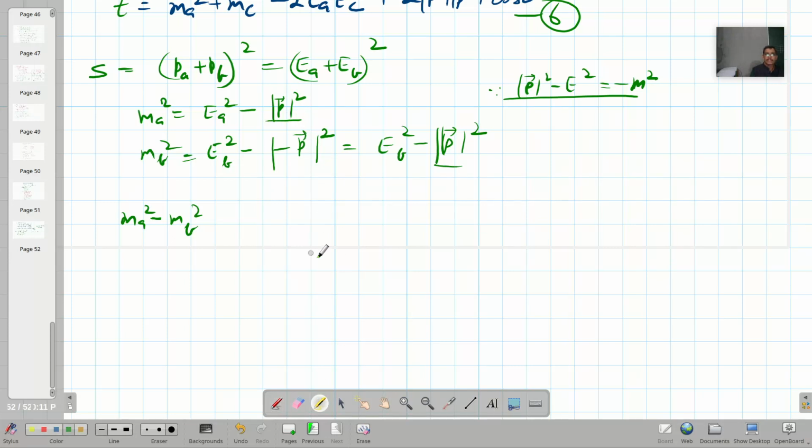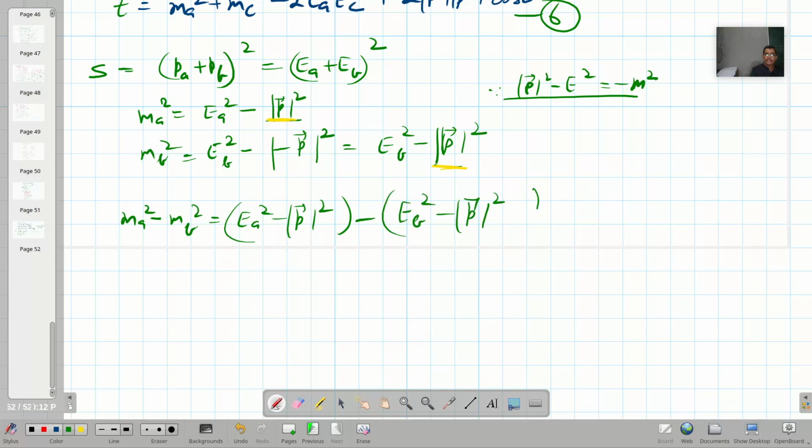If we take their difference, these two parts will cancel out. So therefore this is equal to EA square minus P mod square minus EB square minus P mod square. This will cancel out, so it is EA square minus EB square, right? And it factorizes to EA minus EB and EA plus EB,